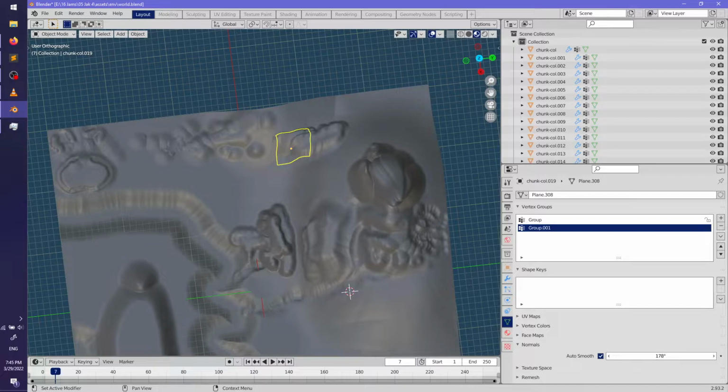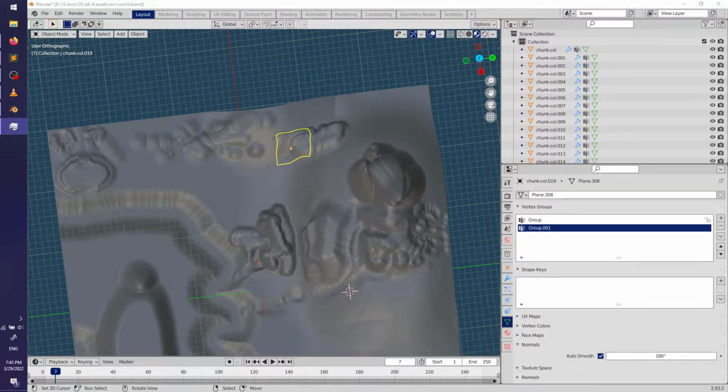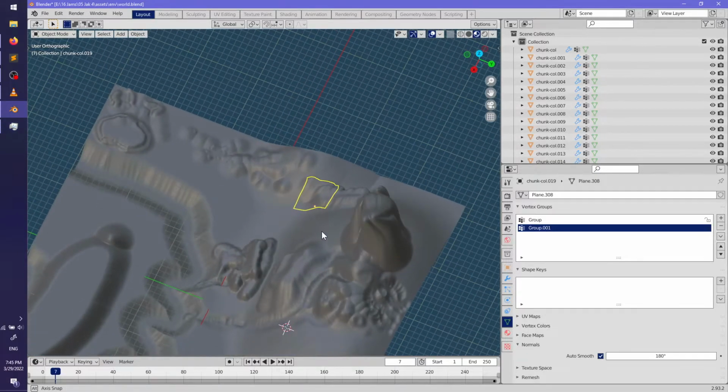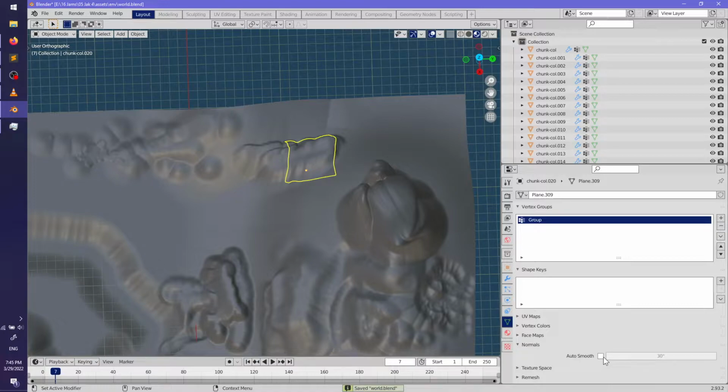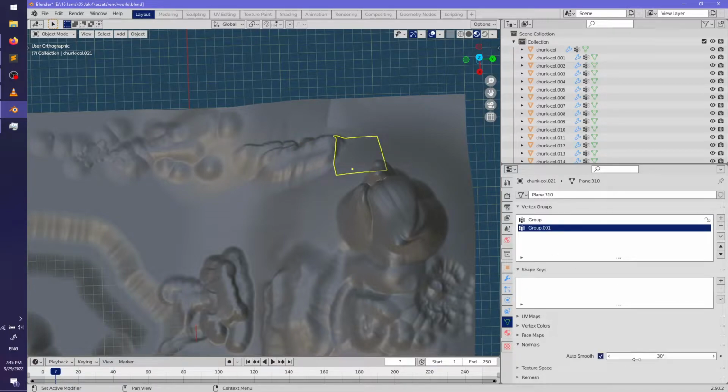Oh my god. Why is it taking so much? Why is my CPU chugging so bad? It's not even changing anything. It's already smooth. How does updating it to auto smooth?